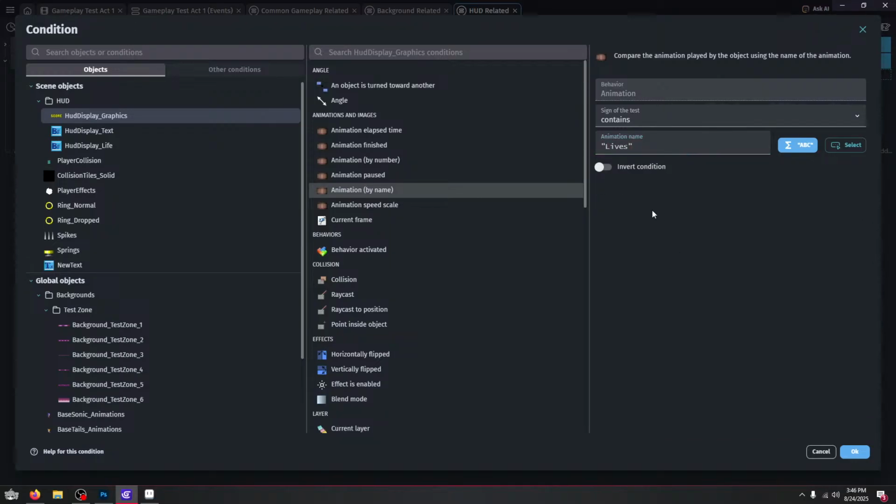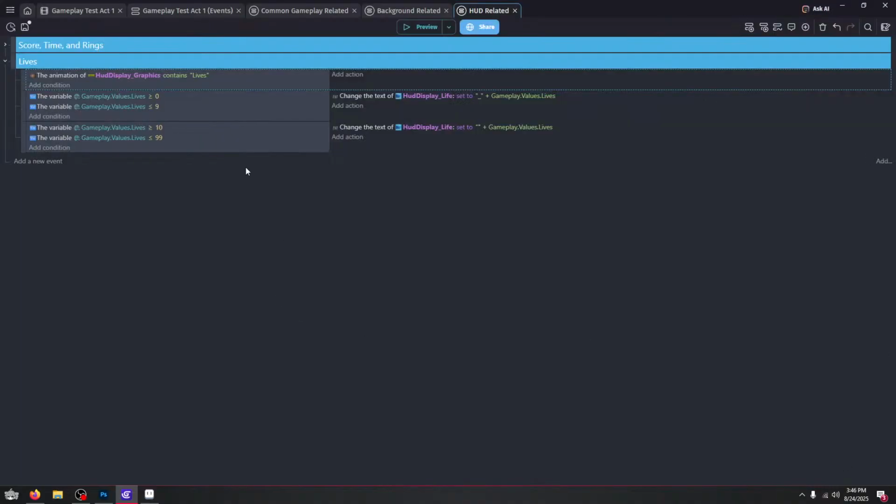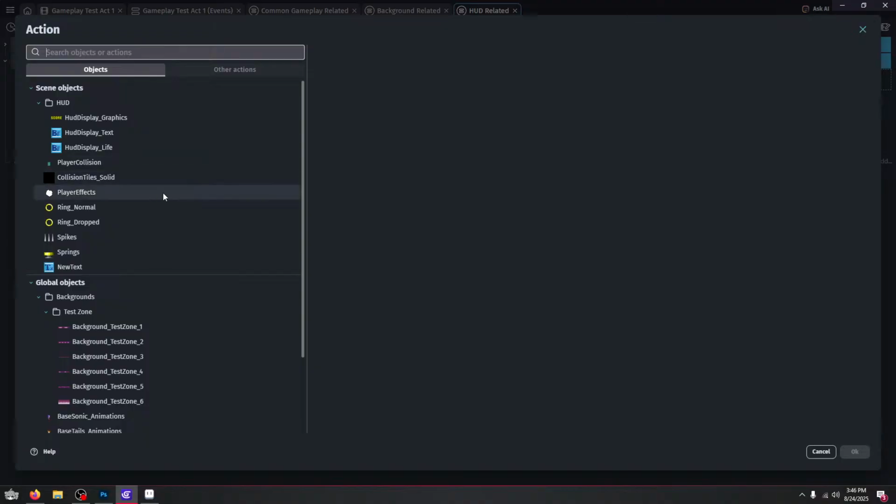Originally when I was doing this, the reason why I brought up the coordinates is I'm going to read, like, hey, if you're located here, do your magic. But we can just reference if it says lives. We're going to change